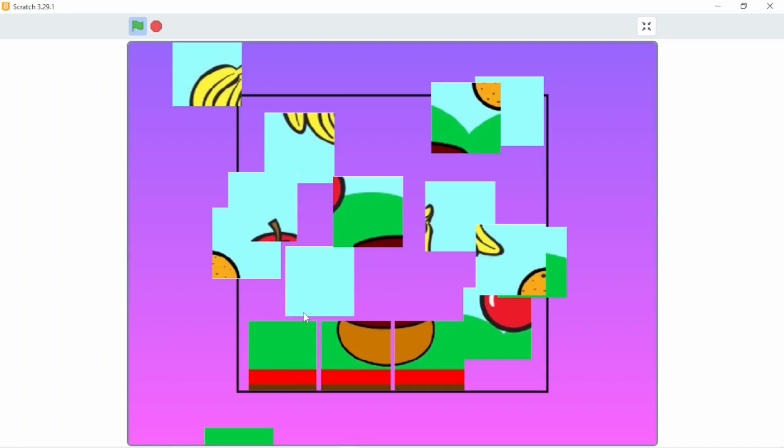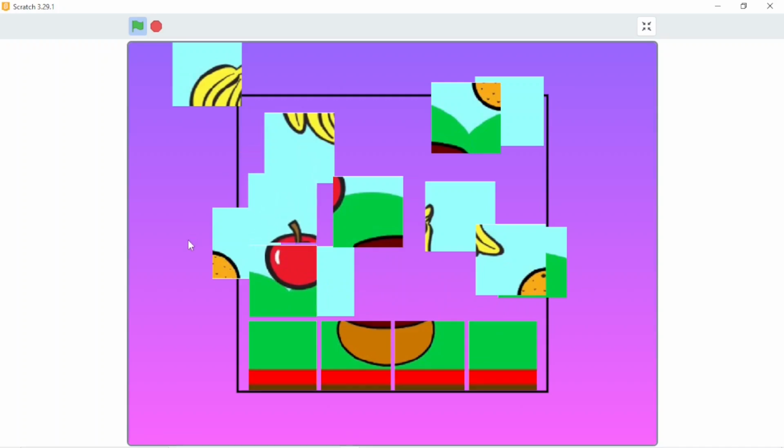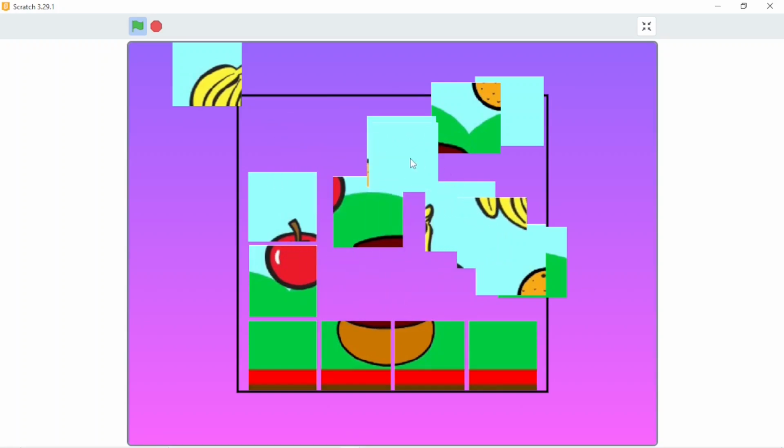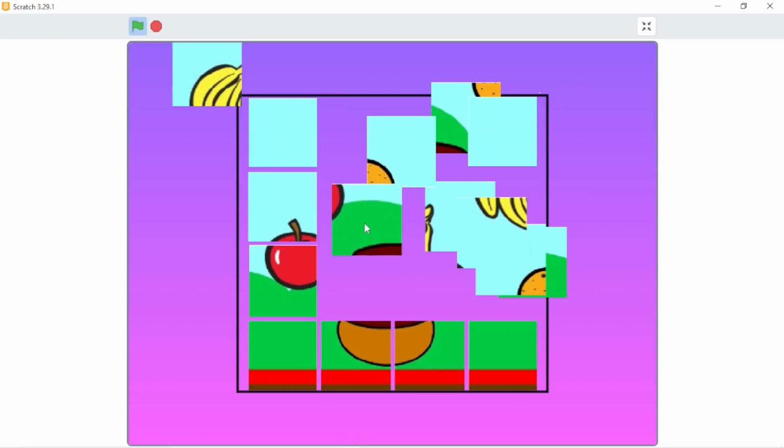Okay, see how nicely it dragged, right? And now another piece. Oh wow, very good. And this one, yes, good. Here you can add some more interesting points, like you can add a time limit as well to solve this puzzle. Oh, see, automatically, because we are placing it on the wrong place, it dragged to the correct place, right? And this one I'll drag over here. Okay, and this one, yes, good job.